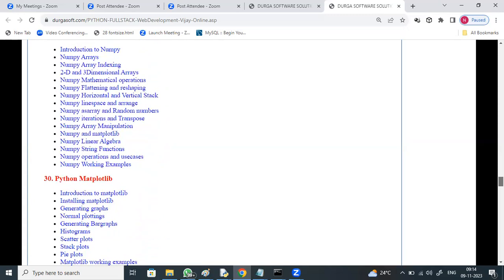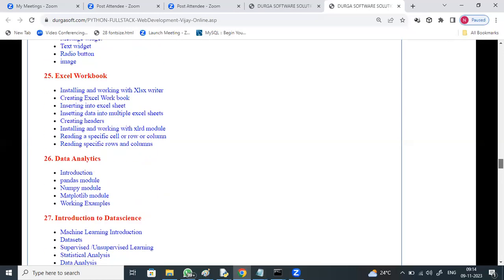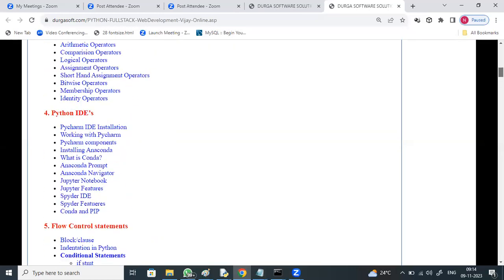The 30 topics will be discussed in depth. We'll see how Python is used in data science, data analytics, generating graphs, the OS module, the datetime module, databases, and how to create our own modules. Everything will be discussed. That's why it was given as 70 hours.